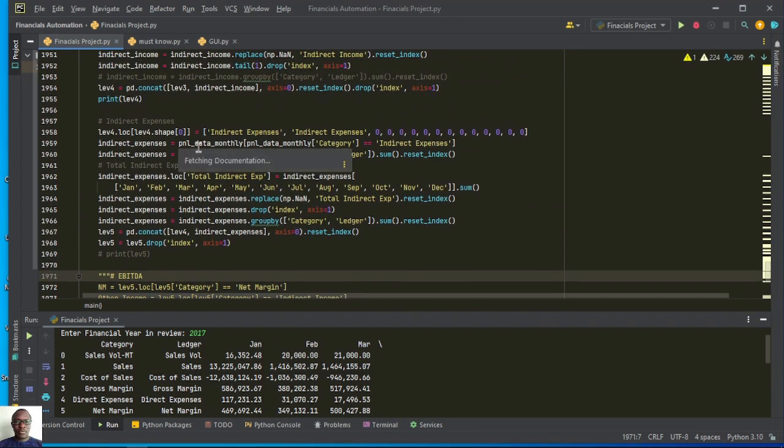So with the indirect expenses, it is the same principle that we are applying, the same way we've applied in the previous data frames, but before then we are trying to add a row here, a row with 0 values. So this row is meant to create a heading for indirect expenses, of which later we are supposed to turn these zeros